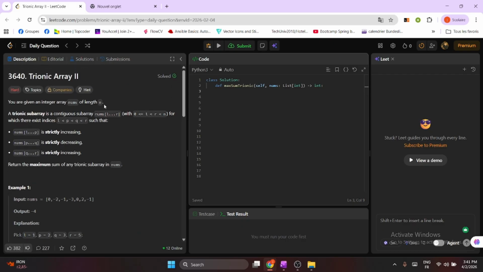So this is what the problem is asking us to do. You are given an integer array nums of length n. We have a definition of Trionic subarray. A Trionic subarray has a shape of three segments. For example, from L to P,